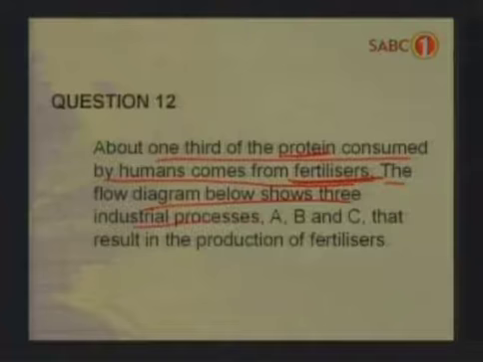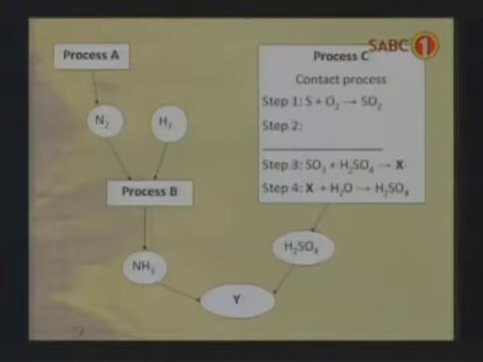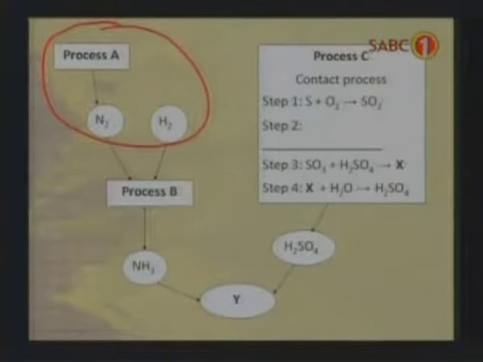Okay, the flow diagram below shows the industrial processes A, B, and C in the production of fertilizers. Let's have a look. Now, what we've got here is very clearly going to have something to do with ammonia. I'm starting to realize, well, I realized that as soon as